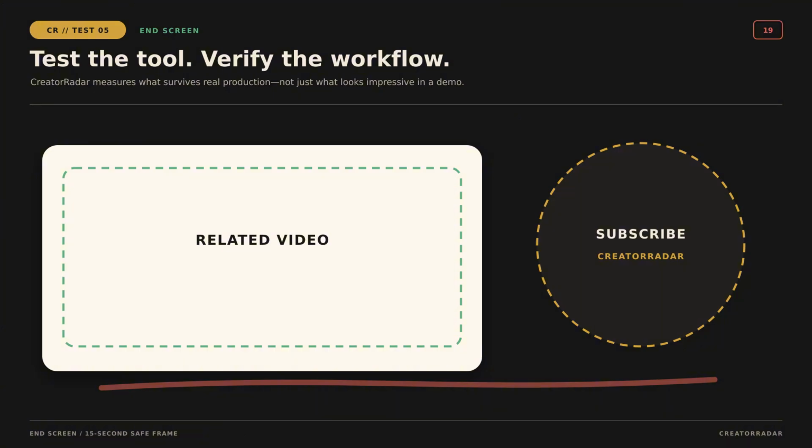If you want to see that research test, use the video linked on screen. Test the tool, verify the workflow,